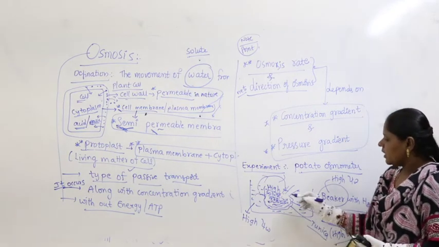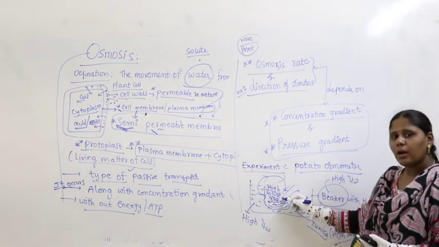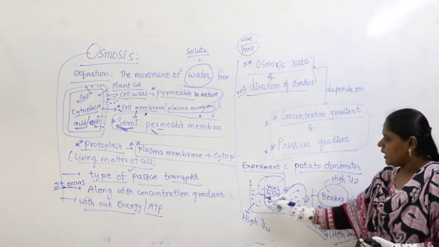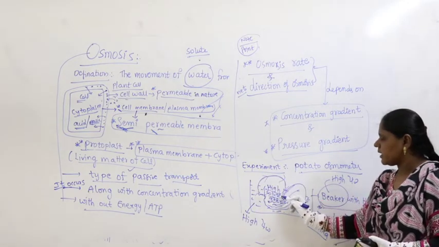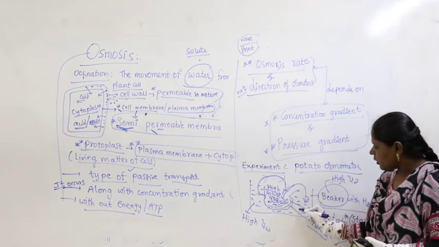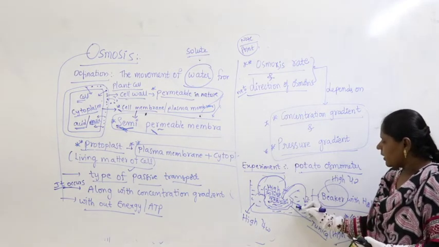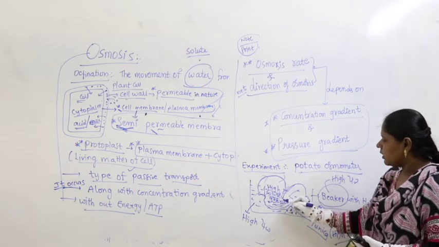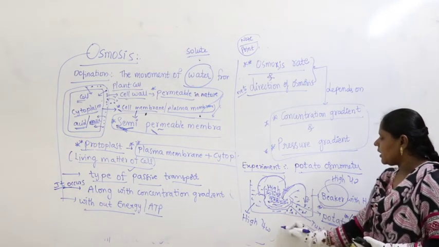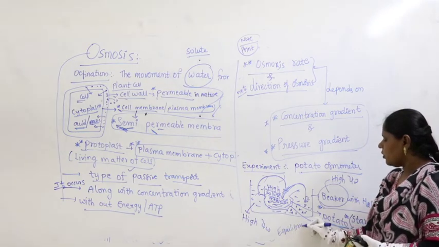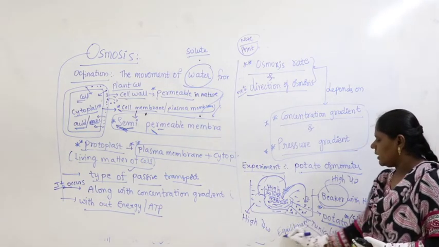After some time, starch comes out along with the water and gets added into the water. Earlier, the direction of movement of water is like this. After some time, the starch solution, meaning starch molecules, moves along with the water, and the starch keeps getting added. How long does it occur? Until it reaches what is called equilibrium.